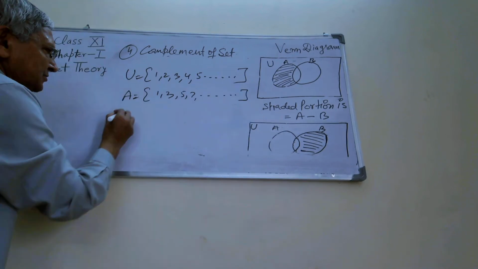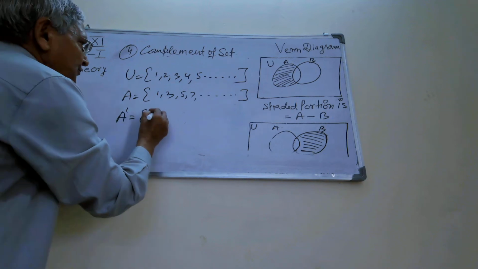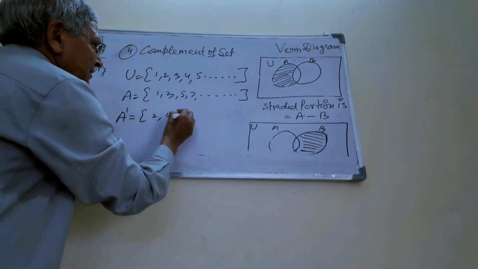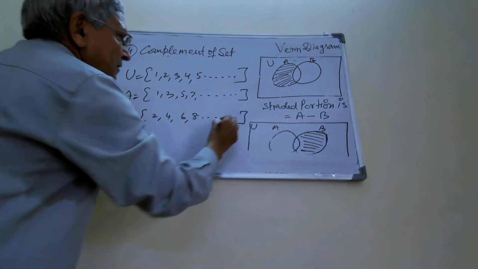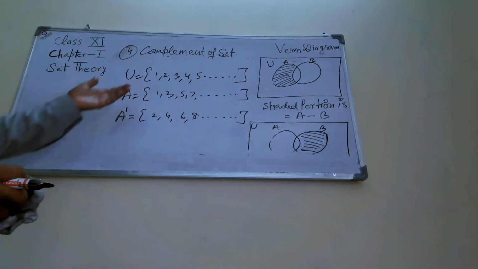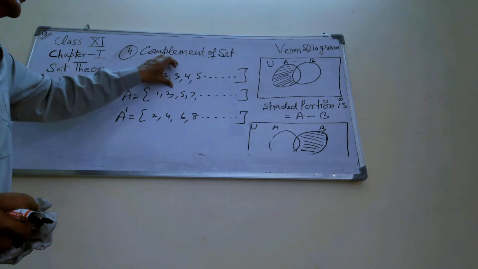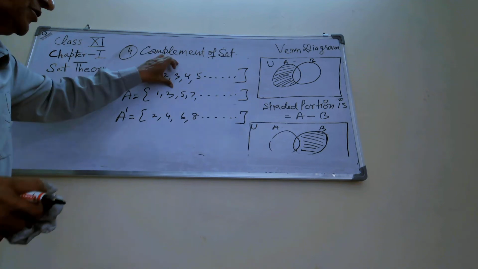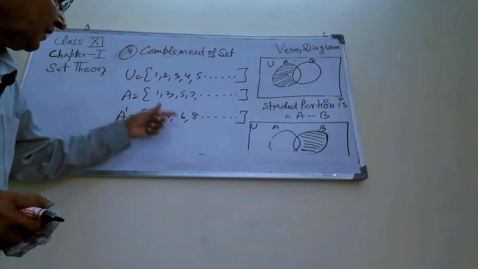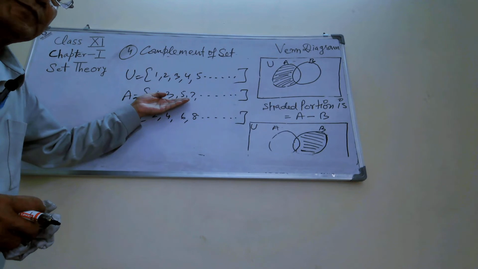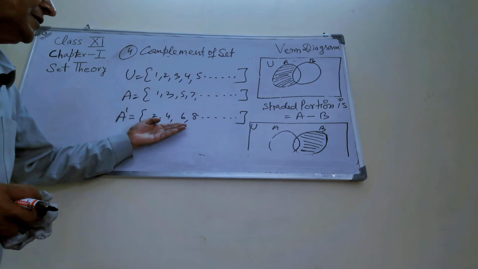And the complement of A will be the set of even natural numbers. You see here in U all the natural numbers, and all the natural numbers are the combination of odd numbers and even numbers. In A, odd numbers are given. So in complement will be the even numbers,